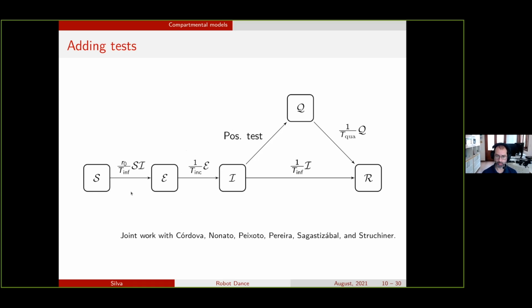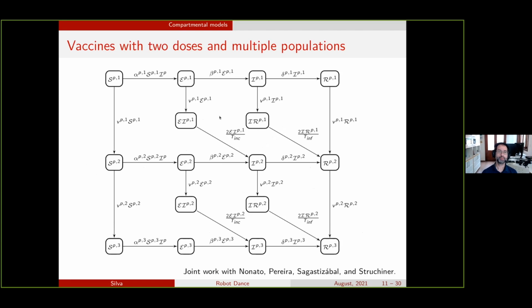This work here with the model and the code and all this stuff and some simulations for a specific situation is already published in PLOS One. It was published like 2 weeks ago. And finally, another thing that we did was to use these ideas to model a vaccination campaign.